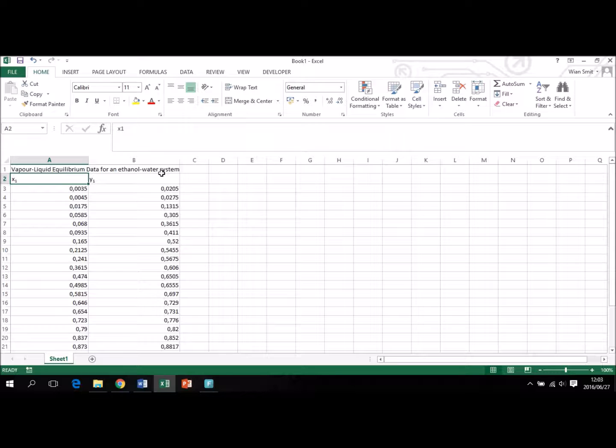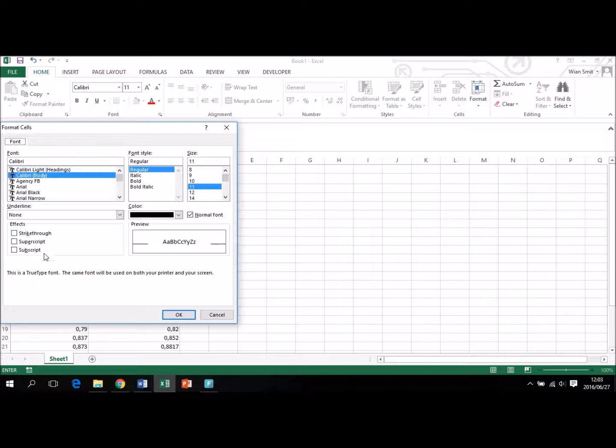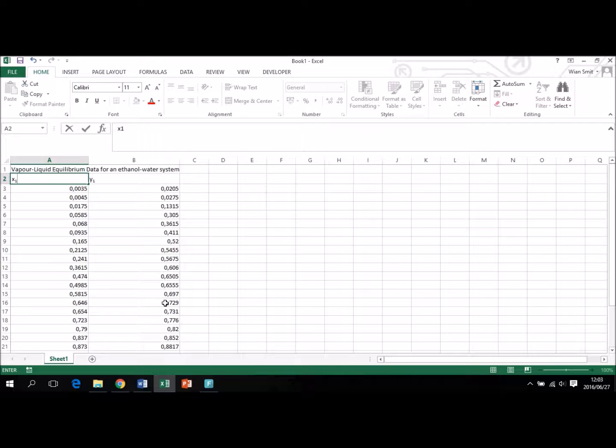So I'm just going to type cell A2's contents again. So you have X, and then you right click on the cell, you go to Format Cells and you wait for the menu. You check the subscript box, click OK, and now you have entered a subscript, and the same